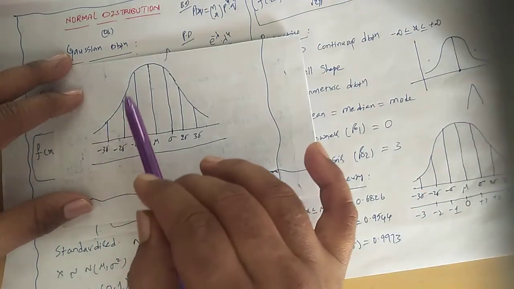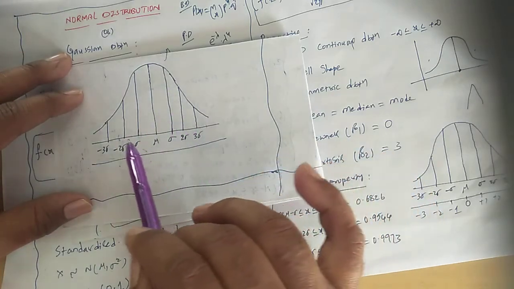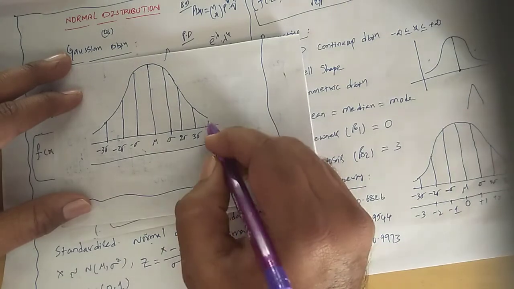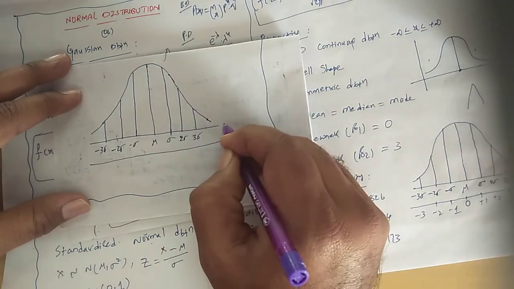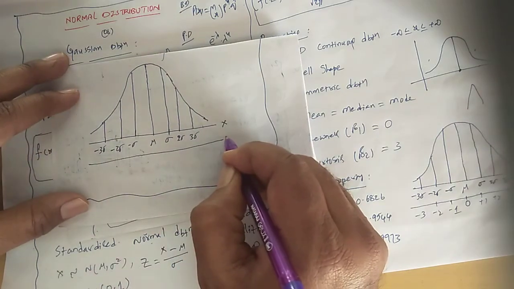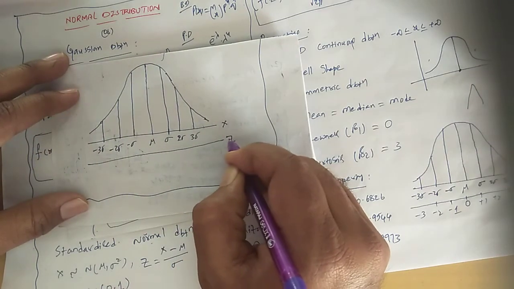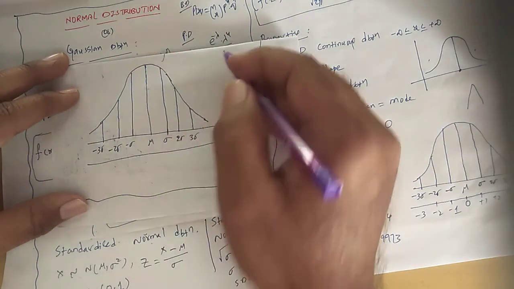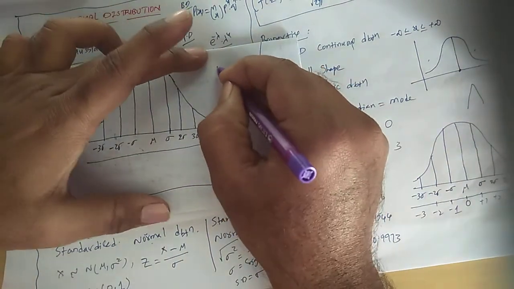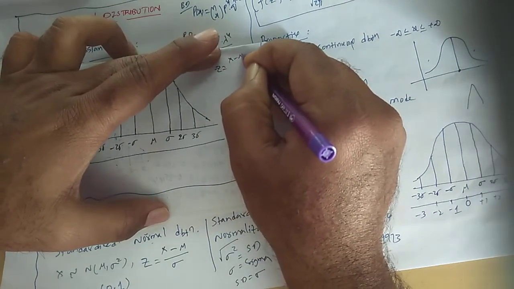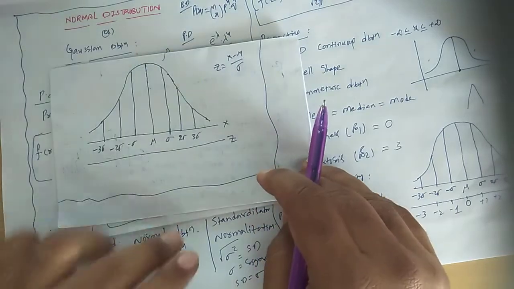Now, as you all know, this is the bell-shaped curve. All the normal distribution values are denoted here; that is x. The x variable is a normal distribution. Now we need to convert these values into a standard normal distribution, that is z. How do you convert? What is the formula? z is equal to (x minus mu) by sigma. So this is the formula.